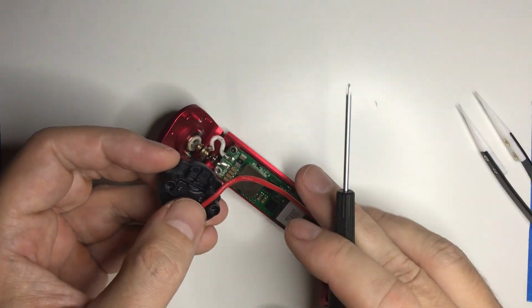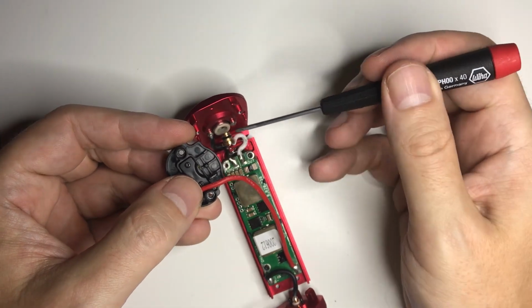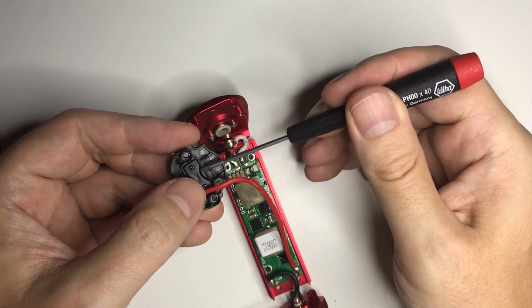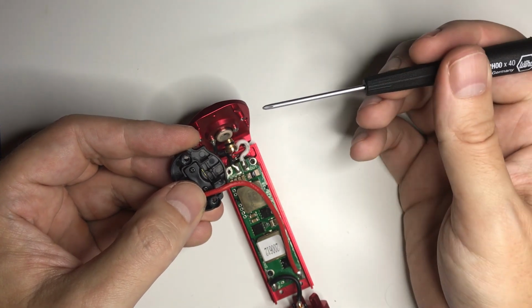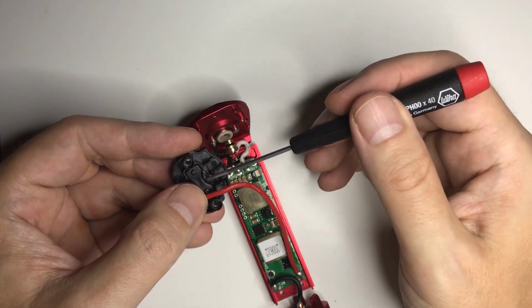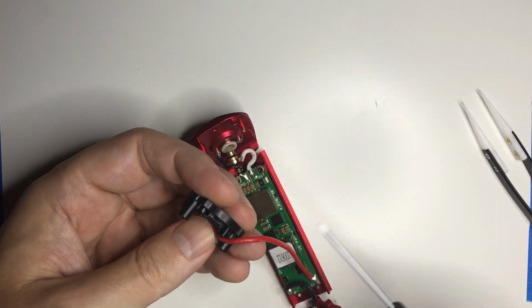So the 510 pin, if it's pushed down all the way, it'll hit about here. So this is going to make sure that your 510 doesn't short against your battery and cause an auto fire if you have a tank with a long 510 pin on it. Also, another thing I liked is,